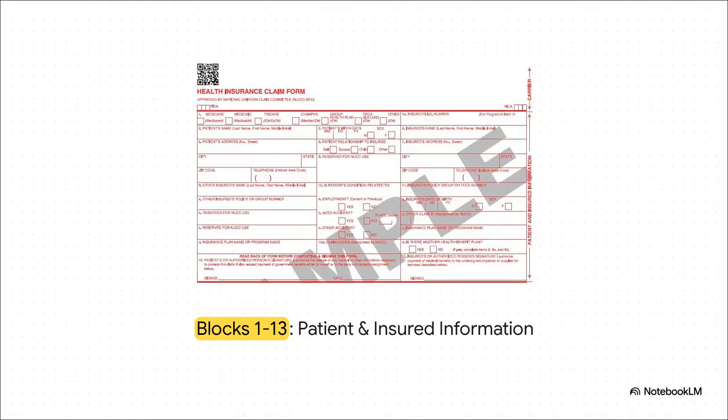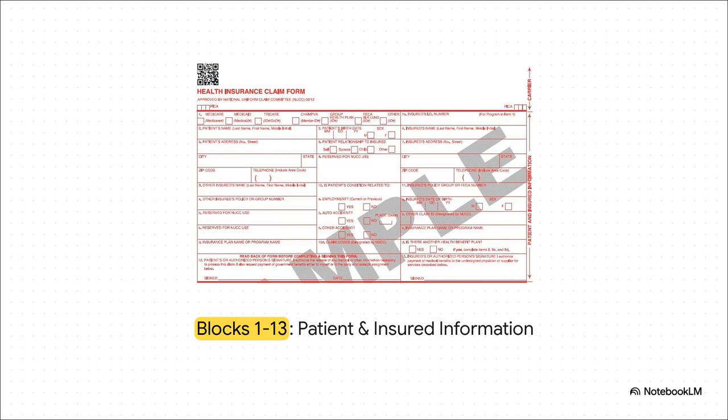So, the top half of the CMS 1500, which covers blocks 1 through 13, is completely dedicated to the patient's demographic and insurance coverage details. This is where we tell the payer exactly who the patient is, who holds the policy, their mailing address, and those all-important insurance ID numbers. It sounds basic, right? But think of this as the vital anchor point for any claim. Because let's face it, if the payer doesn't know who the patient is, they are absolutely not going to pay